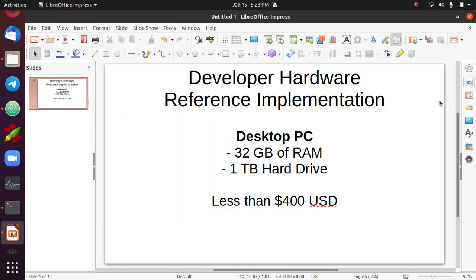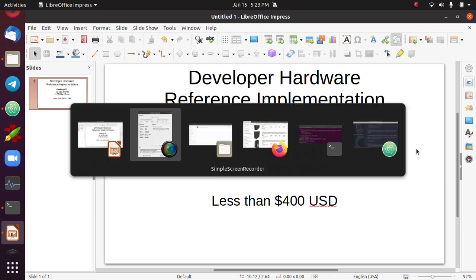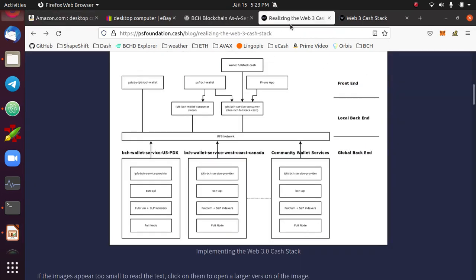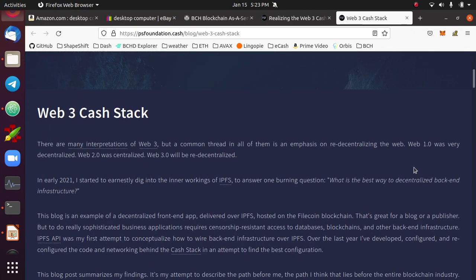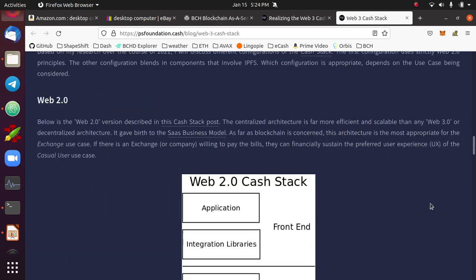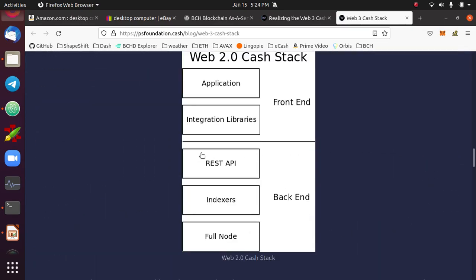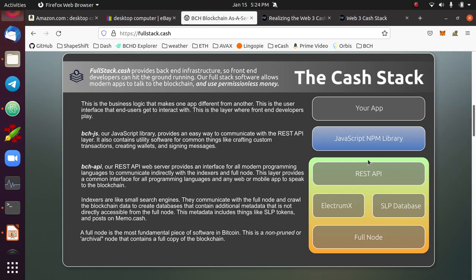This video is going to briefly introduce the PSF developer hardware reference implementation. So if you go to the blog on the Permissionless Software Foundation, psfoundation.cache/blog, there is a series of articles about the Web 2 and the Web 3 cache stack. And so this developer implementation is enough to run this backend, or if you go to fullstack.cache, you can see